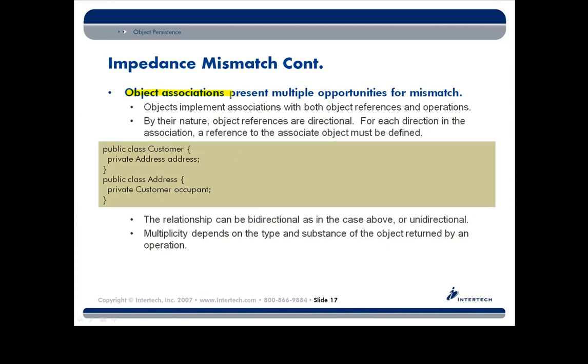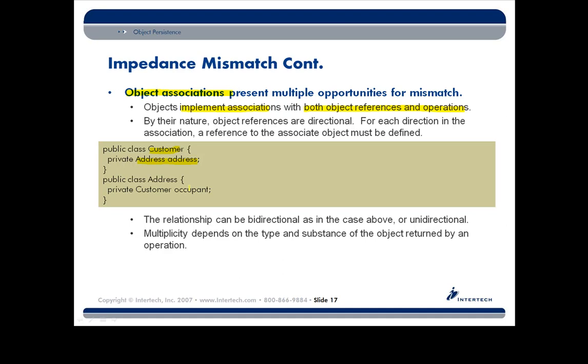Object association presents many opportunities for what we call impedance mismatch. Objects implement associations with both object references and operations typically. So for example, if we had a customer with a relationship to an address object, we typically provide a property called address, and then we would have inside of our particular class potentially some getters or setters for that address